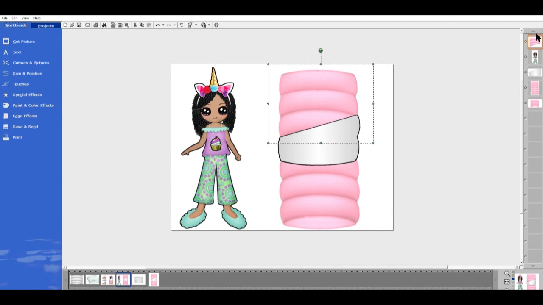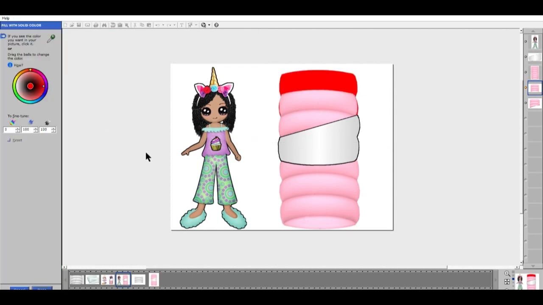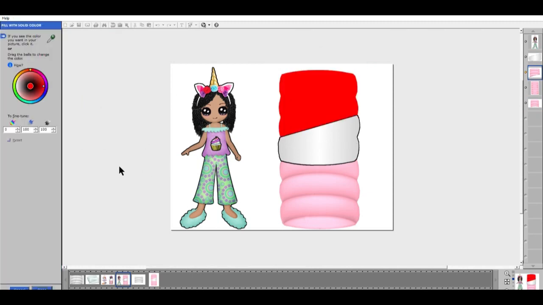and I'm going to bring it all the way down to the back, and I'm going to change it to a solid color. So let's see, what color did I make it in the original? I made it kind of an off-white, so I'm going to do that again. So I'm going to click on that section that I just cut off, and this time I'm going to go to Paint and Color Effect, Fill with a solid color. Oh, I took it to the bottom. Let me bring it back first. There. Alright, now I'm going to go to Fill with a solid color,